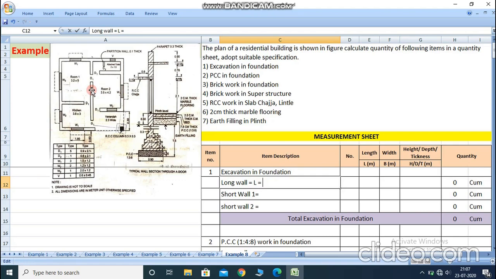the total length of the wall, which is the summation of the room sizes. See, this 5 is a room length, then 3 is a room length, so length is 5 plus 3 plus wall thickness. There are the first, second and third walls, so 3 wall thicknesses, plus 0.3 for 3 times. Clear?